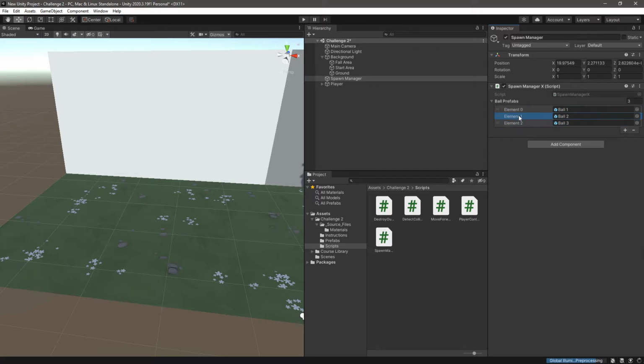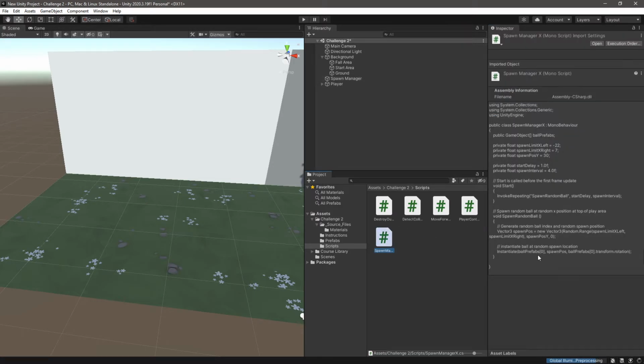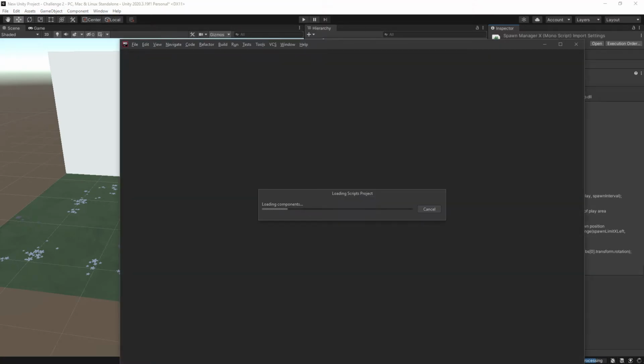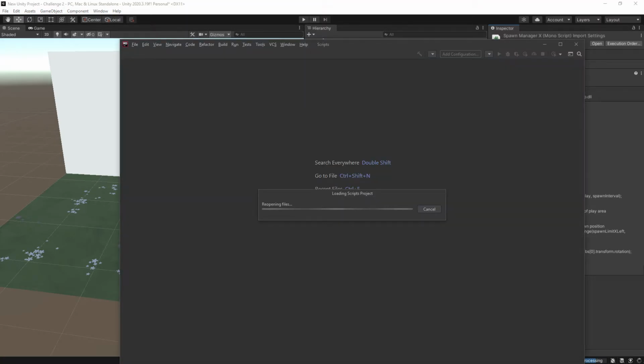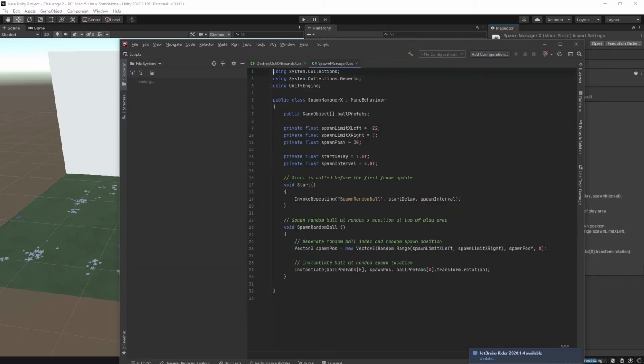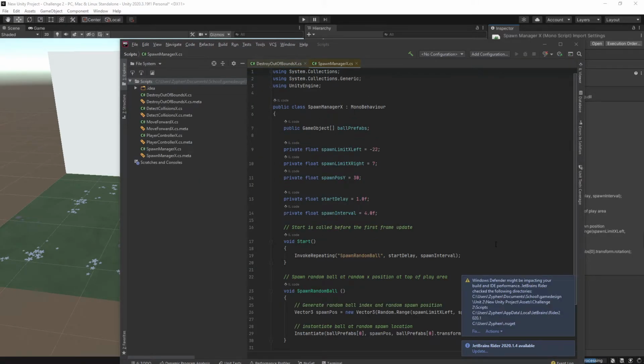Alright, so that's a bit interesting. And we're only calling the element 0 in our spawner manager. Ooh, I'm starting to see where the problem comes from now. Let's go ahead and go over to our spawner manager. Okay, so in our spawner manager, of course there are a couple of issues that I could fix, and I probably should